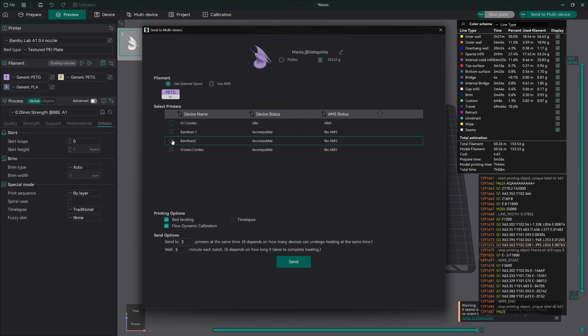Next, you can select which printers you'll be using by selecting them here. The options below will allow you to enable and disable printing options. The send options are there to safeguard your power system and prevent overloading. Instead of hitting print and sending your model to 10 different printers all at once and possibly overloading your power breakers, you can choose to only send to a specific number of printers at a time and allow a waiting